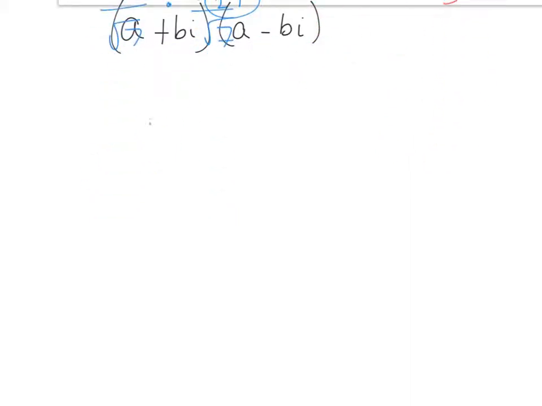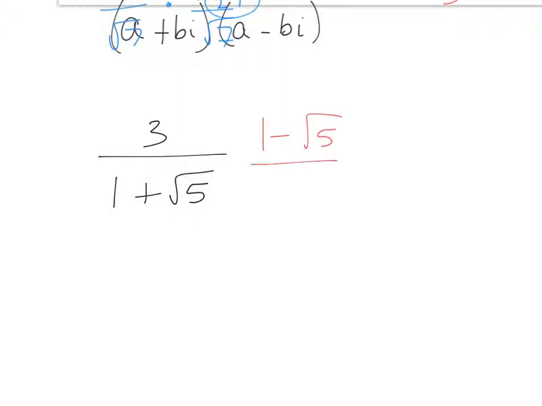If we had this, how did we rationalize it? Think back to the last test, the last material we did. How did we rationalize this expression? What did we multiply by? Alex? 1 minus square root of 5 over 1 minus square root of 5. Very good. Okay, we did that because this was the binomial conjugate,